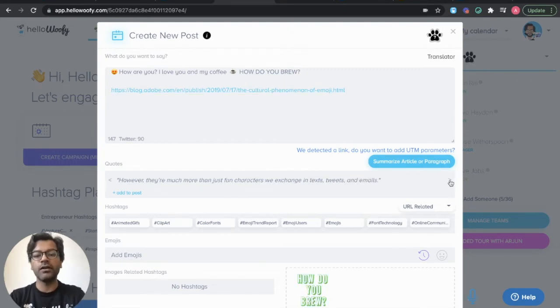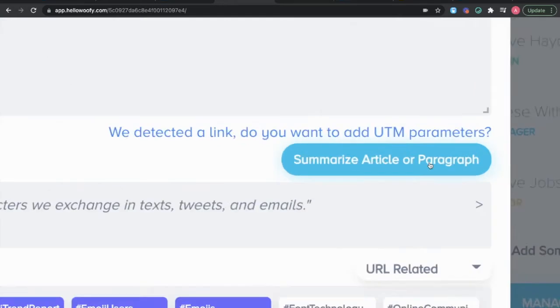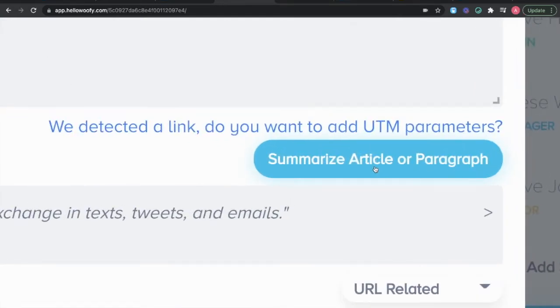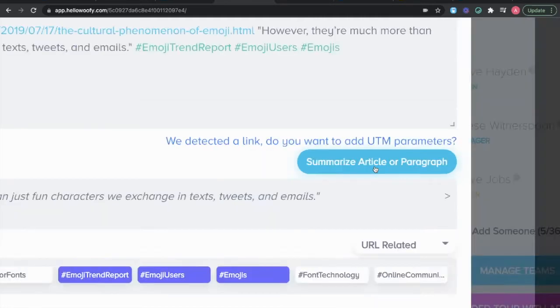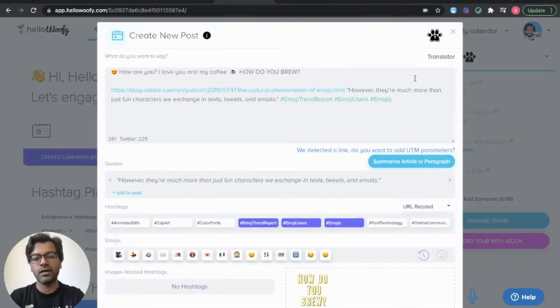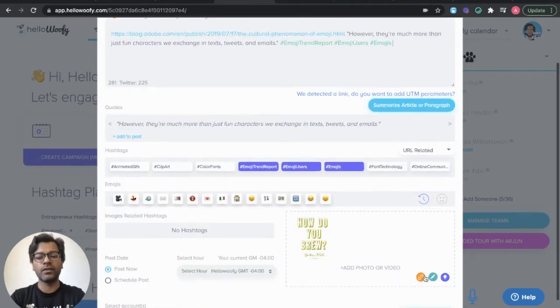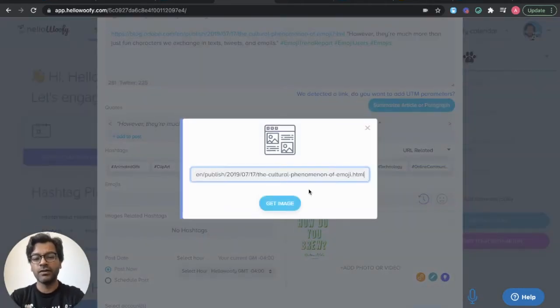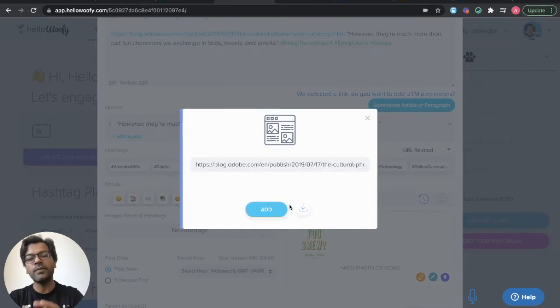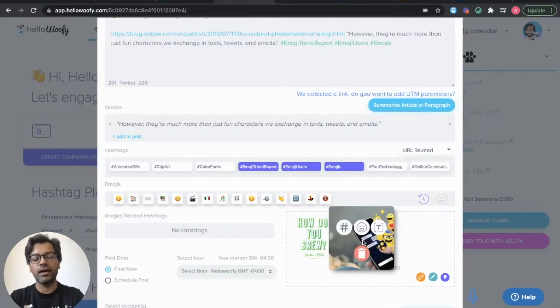It will literally automatically read the article for you, give you quote recommendations, hashtag recommendations. You could even click on summarize and it'll summarize the entire article or just a little paragraph, depending on what you input, and give you a 1-sentence synopsis that can be your social post in and of itself. And then guess what? If you want to import an image from the article, just paste it in, and it'll grab the image from the article as well and add it in automatically.